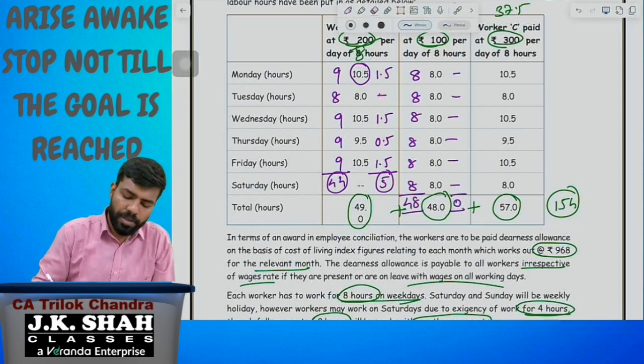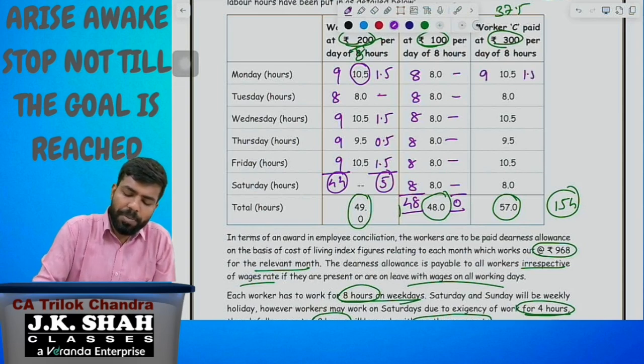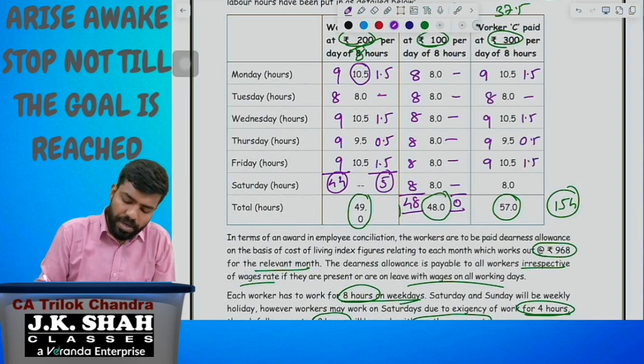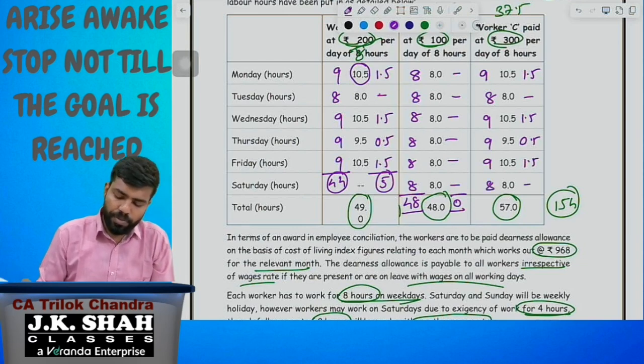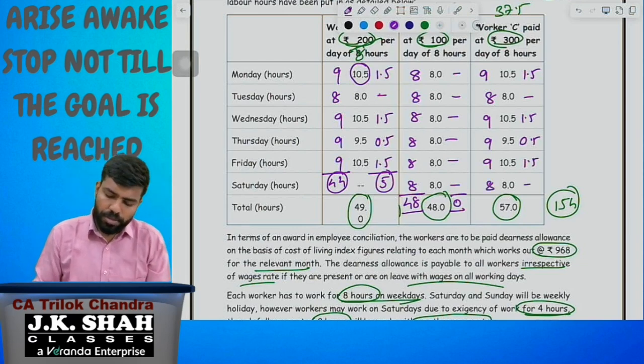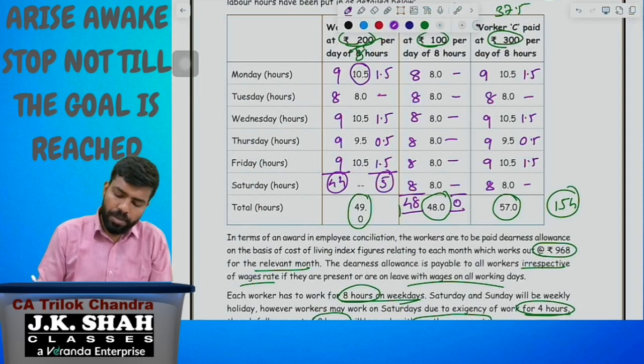Okay, now let me take worker C. Normal time is 9 hours, overtime is 1.5; 8, 0; 9, 1.5; 9, 0.5; 9, 1.5; and when it comes to here, 8, 0. Okay, now if you make a total,